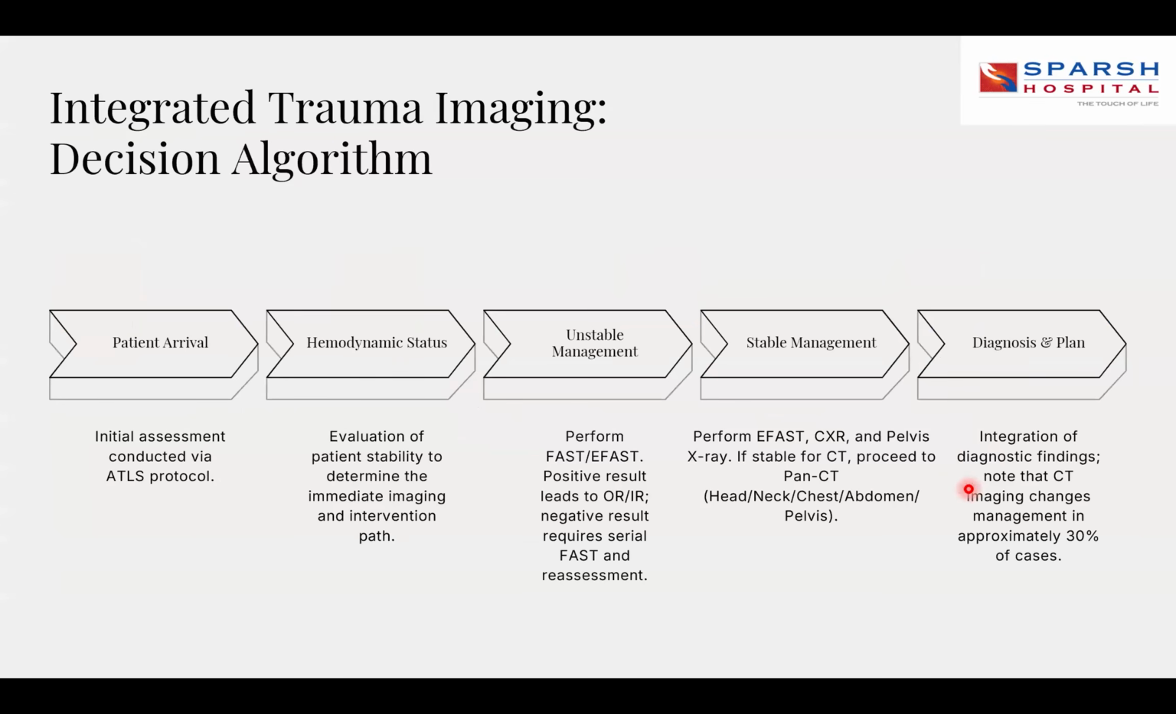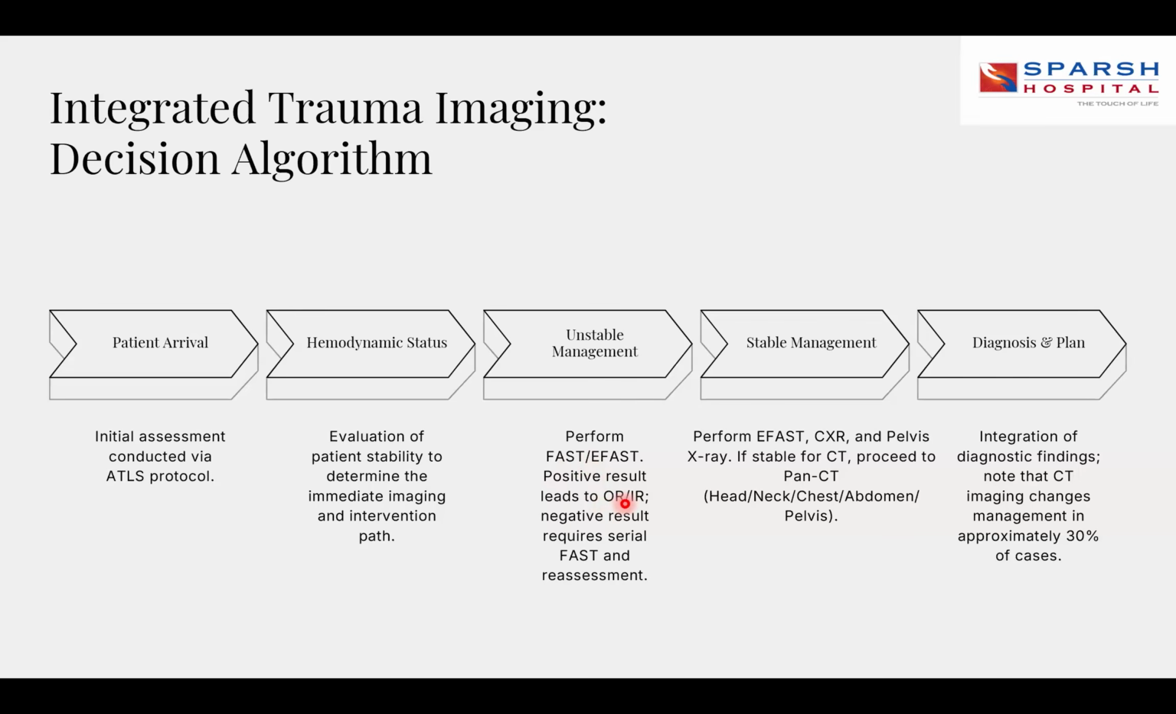So to conclude or summarize, how do you manage trauma imaging as an ER physician? This is the algorithm you can follow. The patient arrives in ER. You start with your initial assessment according to ATLS protocol. Then you see the hemodynamic status. Irrespective of the hemodynamic status, you have to subject the patient to a FAST or EFAST scan. If the FAST or EFAST is positive and the patient is hemodynamically unstable, the patient directly goes to OT